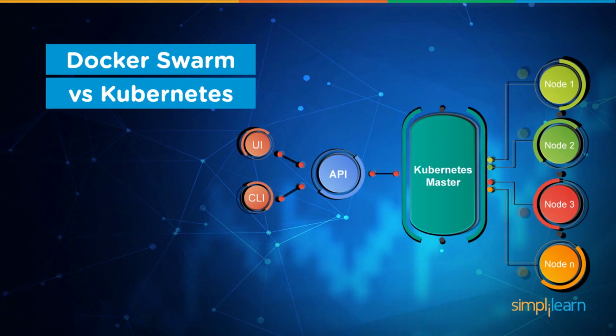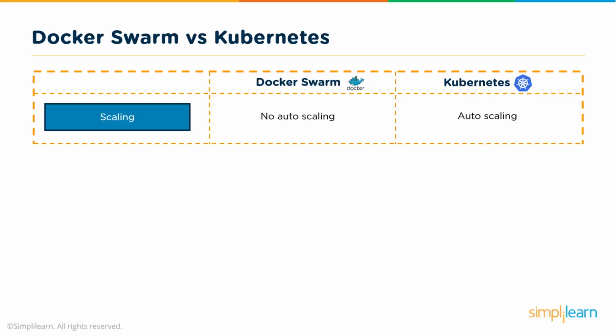So let's step back and look at a competing product to Kubernetes, which is Docker Swarm. Now, one of the things we have to remember is that Docker containers, which are extremely popular, are built by the company Docker and made open source. And Docker actually has other products. One of those other products is Docker Swarm, and Docker Swarm is a tool that allows you to manage multiple containers. So if we look at some of the benefits of using Docker Swarm versus Kubernetes, one